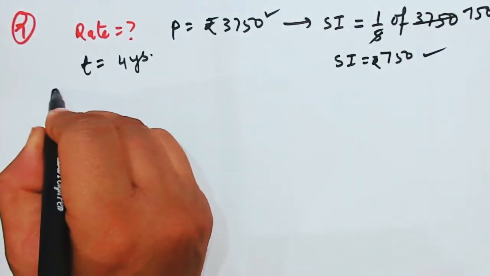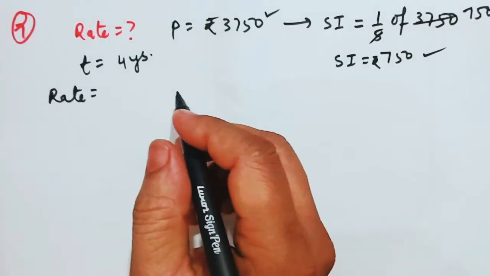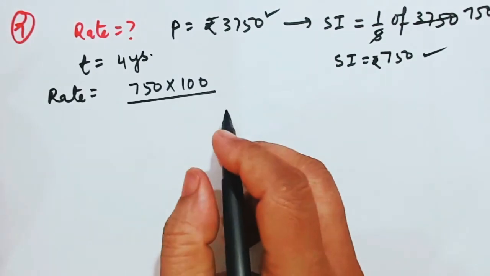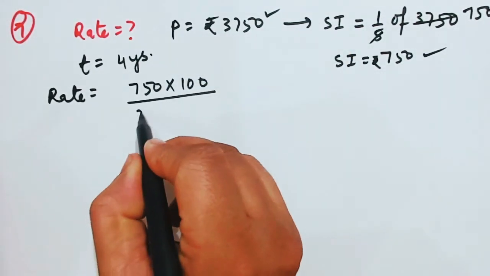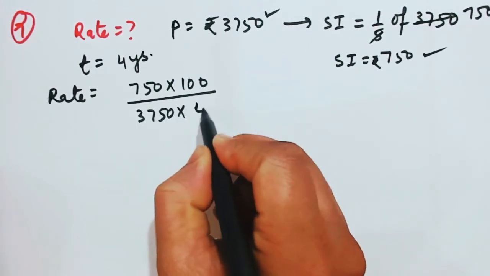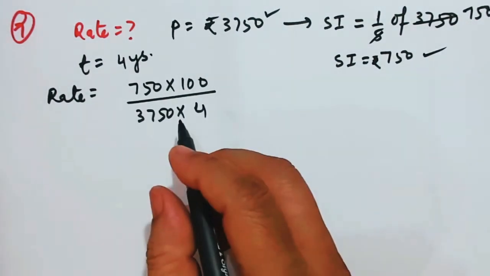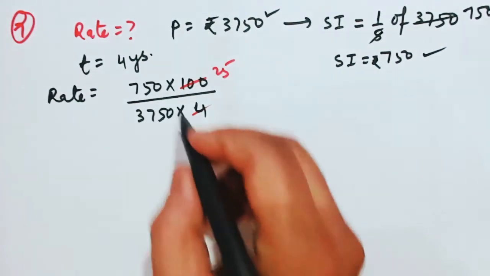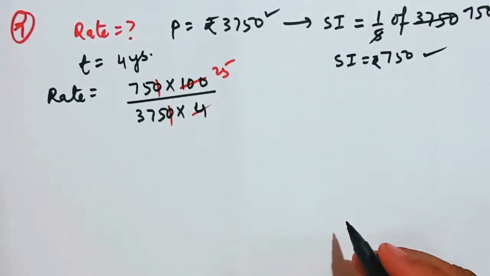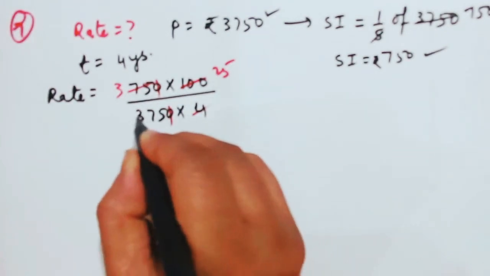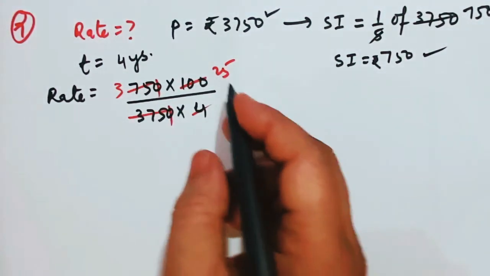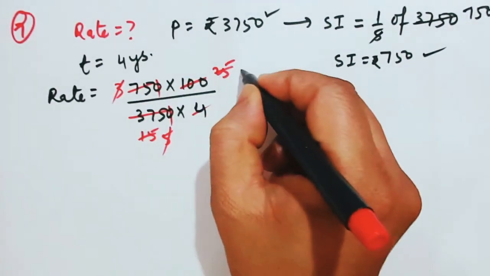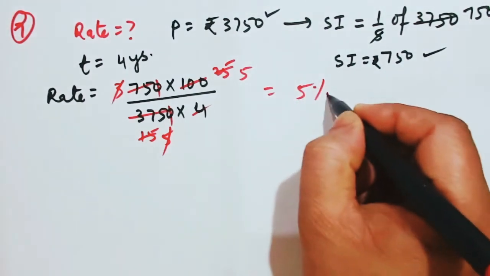So can't you find the rate? यार मत ऐसे करो. Rate is equal to SI into 100 by P into T. SI कितना? 750. SI into 100 by P, 3750, into T, that is 4. अब कैंसिल बेटा करना करो ना, ये सारे काम मैं ही करूँ. 4 how many times? 4 25 times. 0 will get cancelled. Okay. 25 how many times? 25 3 times, 25 यहाँ 4 3 12 13 14 15, 15 times. 3 5 times and 5 5s are 25. क्या बात है? 5% is the rate percent.